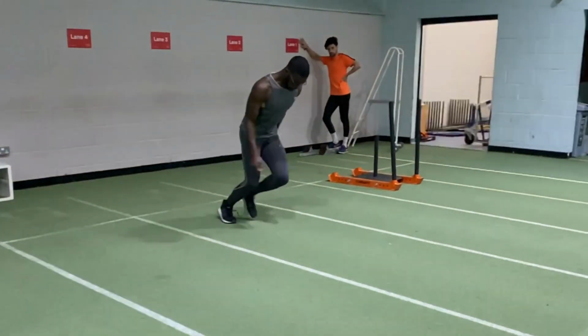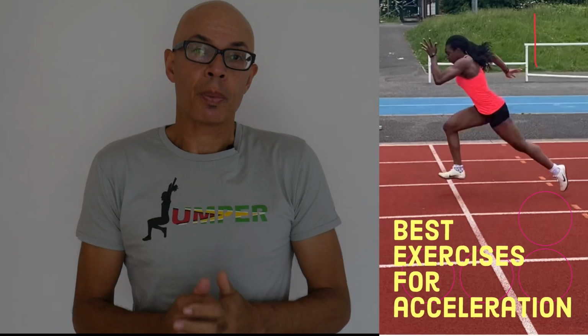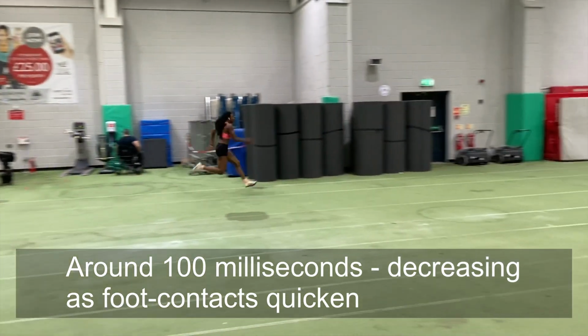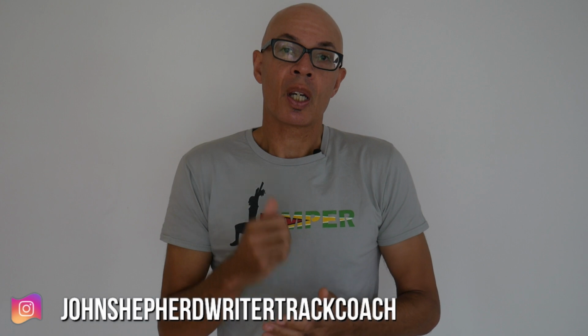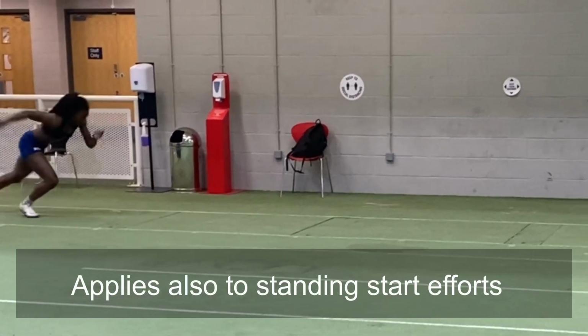Want to improve your sprint start acceleration and your reaction? Then watch this video. To accelerate quickly, you've got to be able to apply a lot of force in a short space of time. From the sprint start, that time gets shorter as you speed up. So those initial steps from the blocks require a great amount of pressure to be placed through the track surface